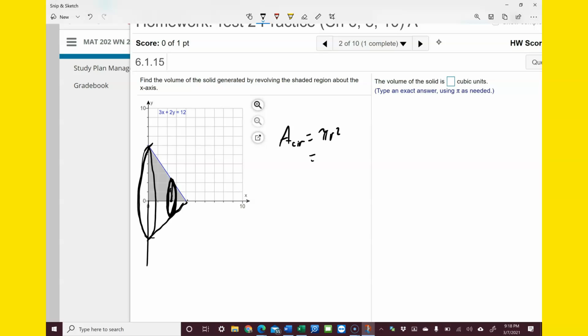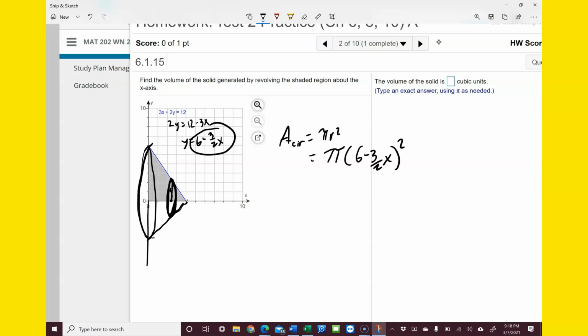I'm going to go ahead and say this is 2y equals 12 minus 3x. Y equals 6 minus 3 halves x. So that radius is that height, 6 minus 3 halves x. So the area of that circle is pi times (6 minus 3 halves x) squared. Okay? And the volume of that whole shape is, so that circle is actually a disk of